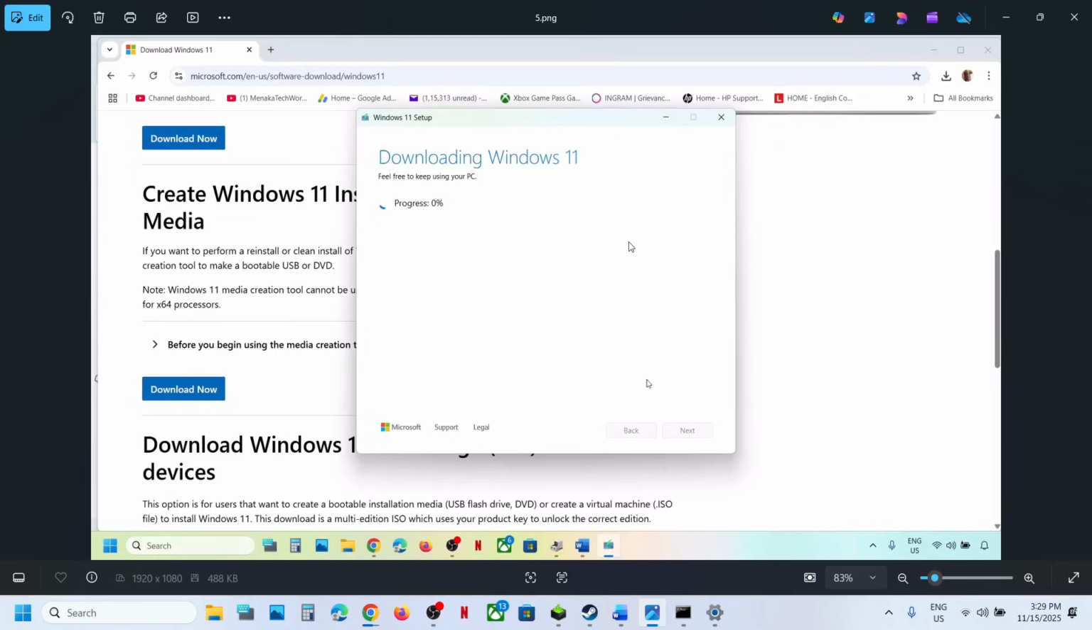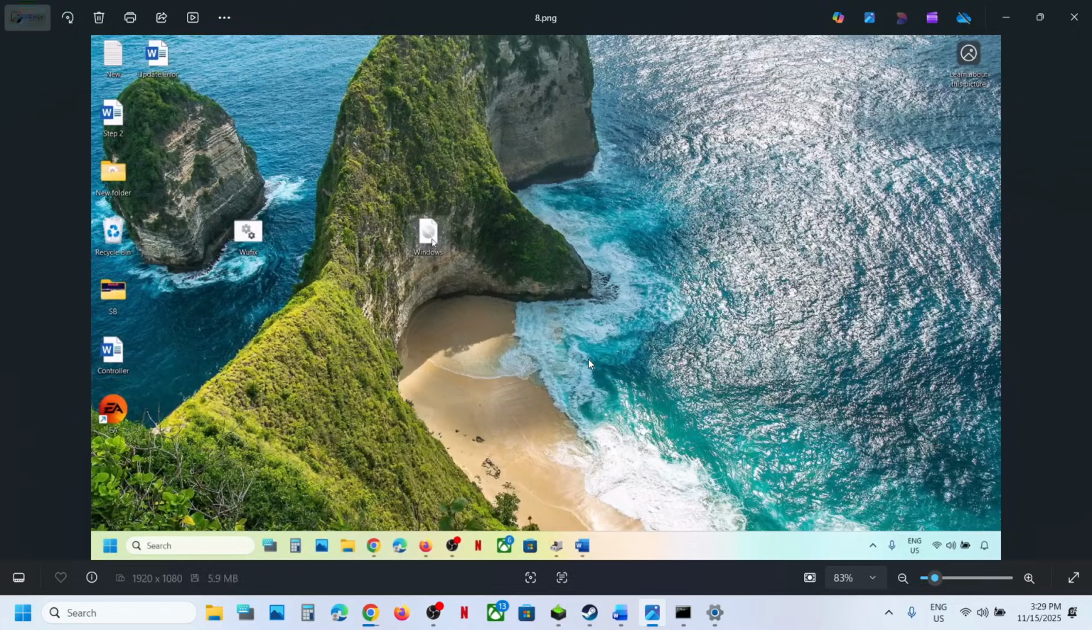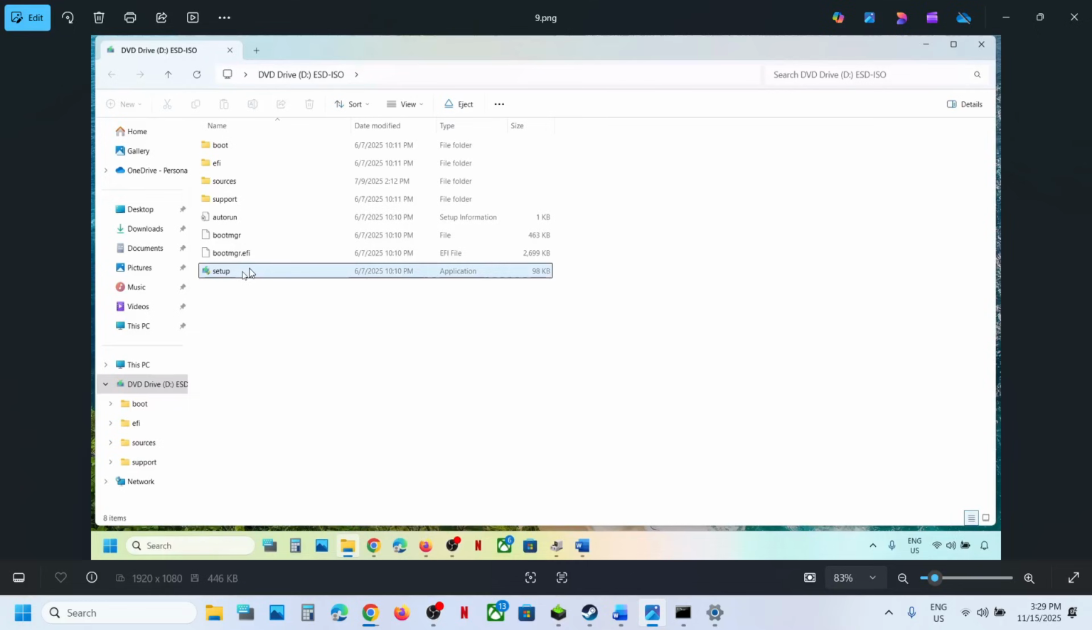Let the download complete. This process will take some time. And once the download is complete, click on finish option and then let this close automatically. Do not close this manually. It will take a couple of seconds or maybe a minute to close. Once closed, go to desktop, make a double click on Windows ISO file, make a double click on setup file,